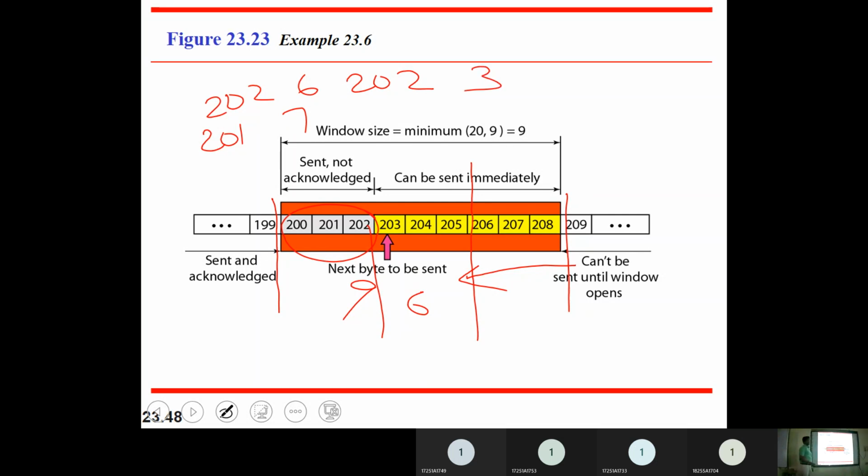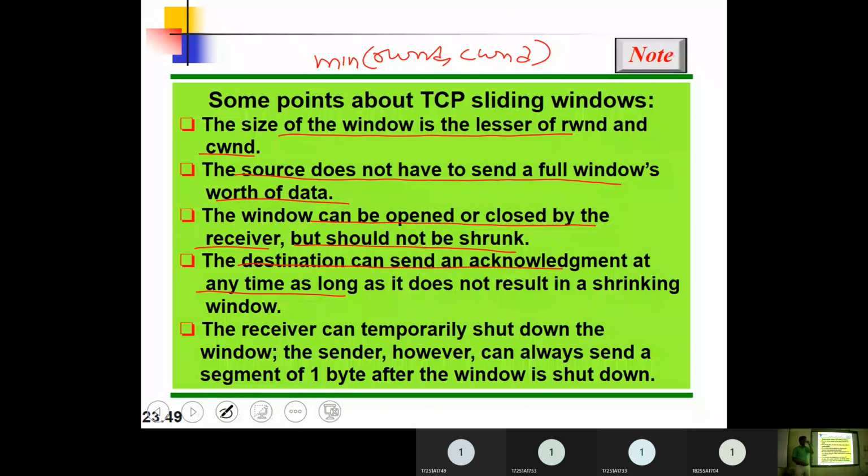What happens if you say 202 with receiver window 3? So till 201, 1, 2, 3. It says till 204 itself I will be able to receive. But earlier it said till 208 I will be able to receive. So like that, shrinking cannot be done. Without that, you can keep on updating your receiver window size.